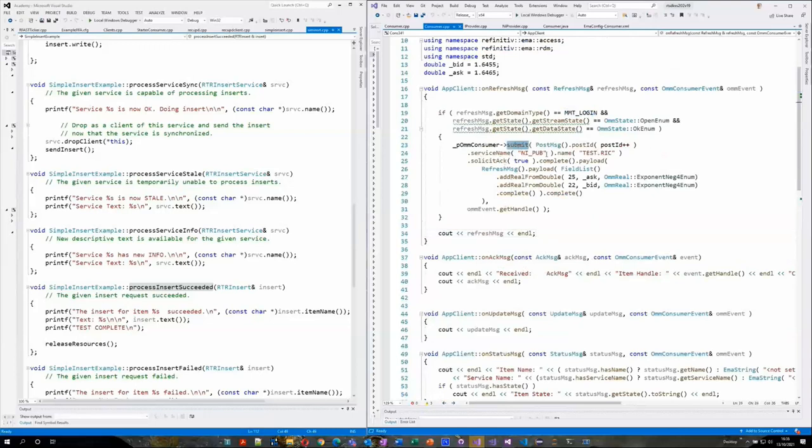Because this is binary format, there is no manipulation of strings, just to contrast with what Umar had shown you. The 25 and 22 are the FIDs here, and you're encoding the values, in this case as reals, and then hitting submit, and that essentially does the insert.